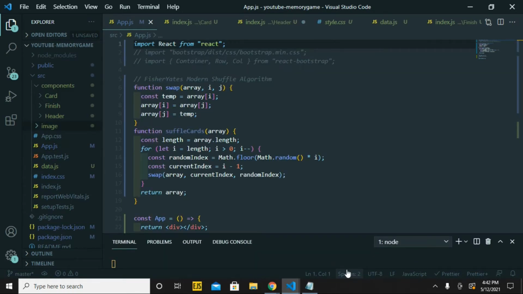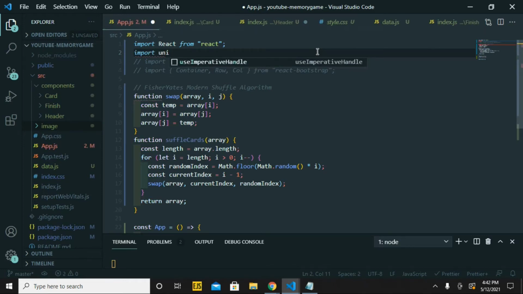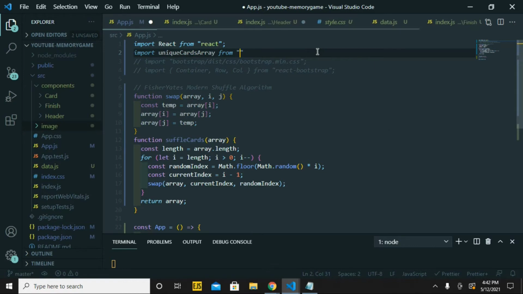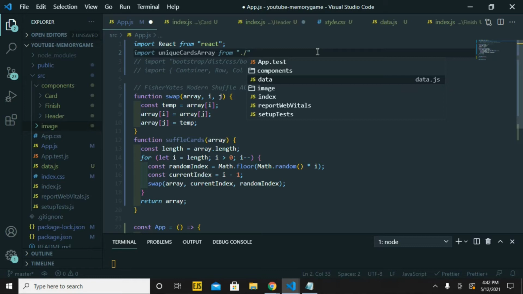Now the second part is to render the board for the deck of cards. For that, I'm going to first import the data.js. So import unique cards array from our data.js. Save it,